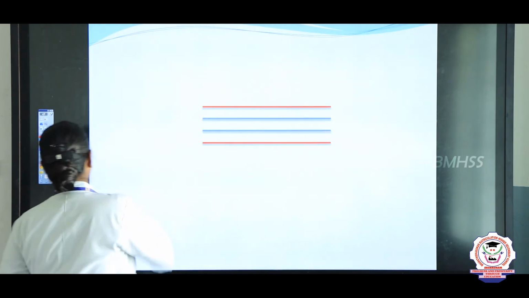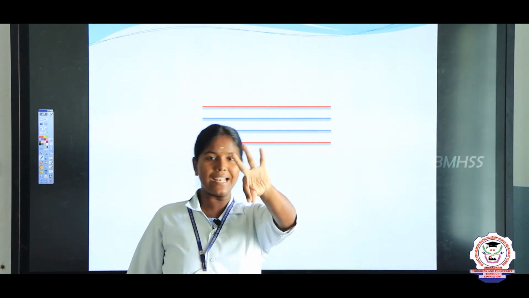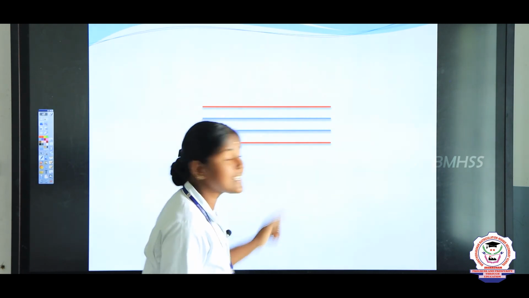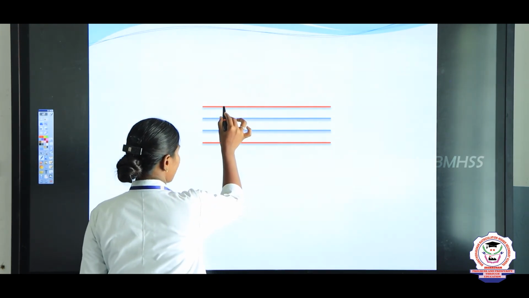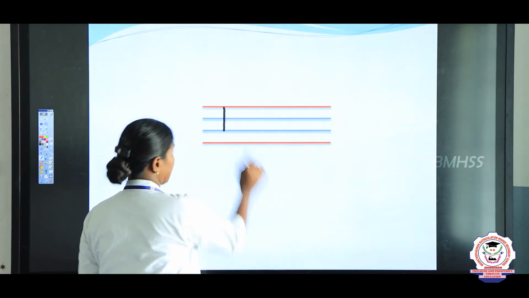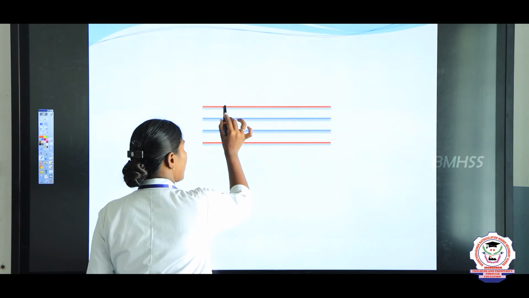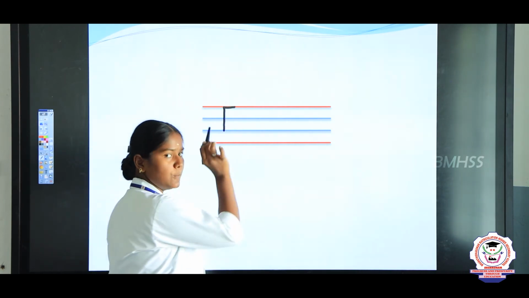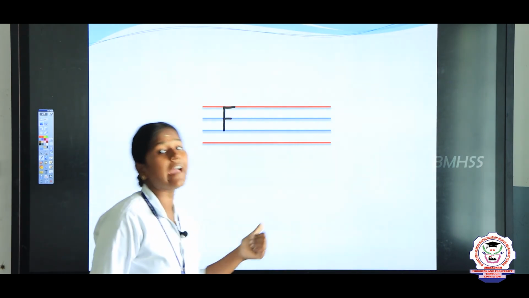There's a full line. Shall we write? To write the word fan, we need 3 letters. What are they? F, A, N. The first letter is F. For writing F, touch the top pink line and draw one standing line till the bottom blue line. And from the top, draw one sleeping line like this. Even in the bottom blue line, draw one sleeping line like this. This is the letter F.